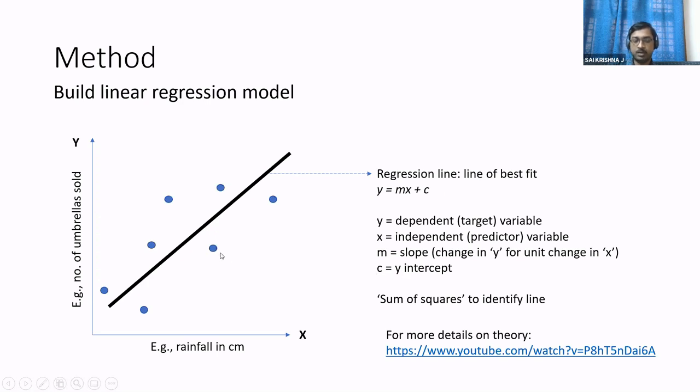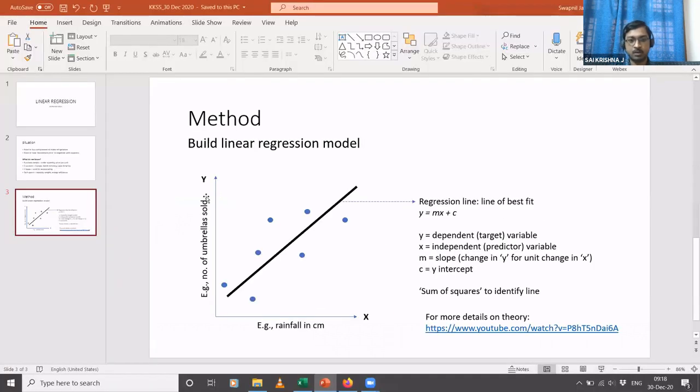And now the thing to note here is I have just drawn one sample line. Okay, but you might have the question of how did we arrive at this line? Because typically in this situation, you can draw many more lines like this. So for example, let's say I draw something like this.